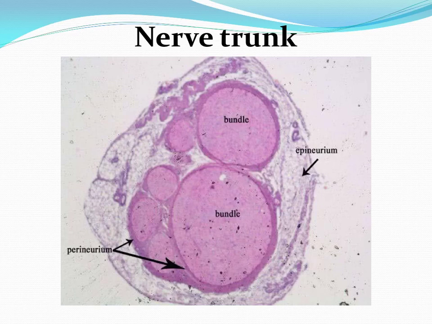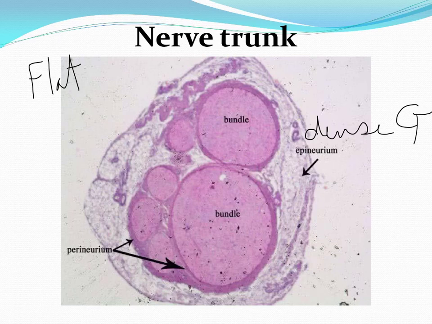In this slide you may be asked about the nature of the epineurium and the perineurium. The epineurium is a dense connective tissue covering the whole nerve, and of course its function is support. While the perineurium, this one around the bundles, is formed of flat epithelium-like cells,